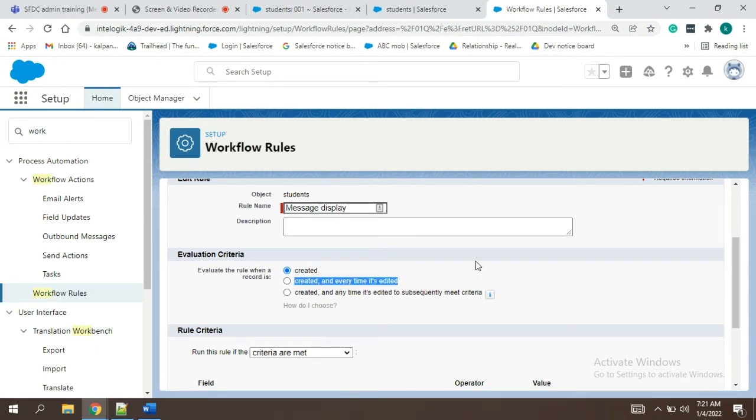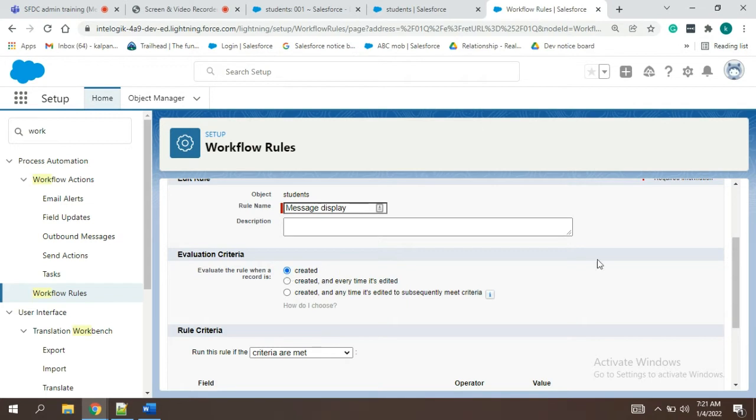And the third one is created and anytime it's edited too, subsequently meet criteria. So you don't concentrate on the third one. The first two: one is just creating, the other one is creating and edit also, it should work. So now we'll concentrate on two.